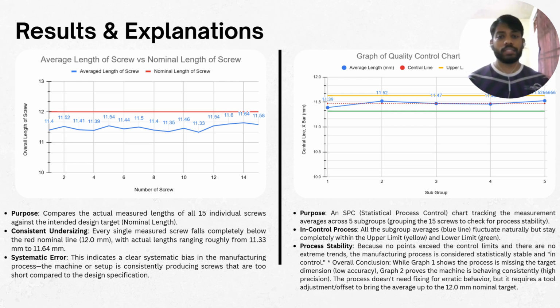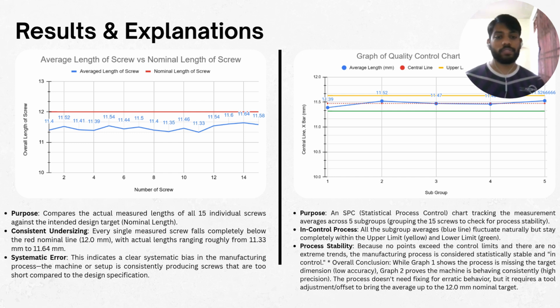In SPC, we have established, based on the screw readings purely, the upper control limit, which is the yellow line on the right graph, and the lower control limit, which is the green line on the right graph as well. And we can see the blue dotted lines are the actual readings of the screws from each subset, which is a total of 5 subsets, and we can see the average is around 11.5 mm in total. So with this, we know that SPC